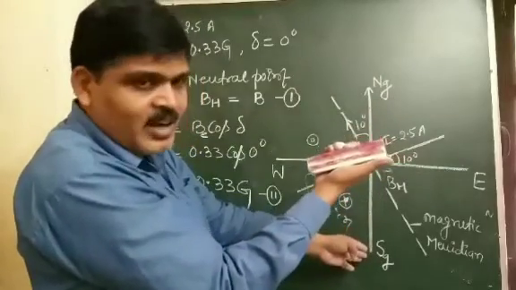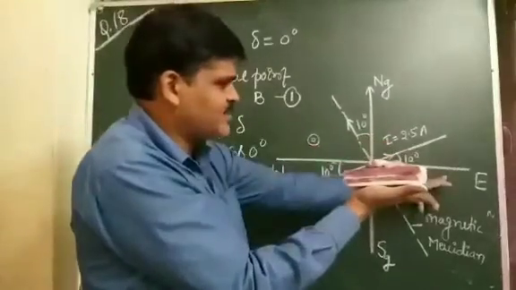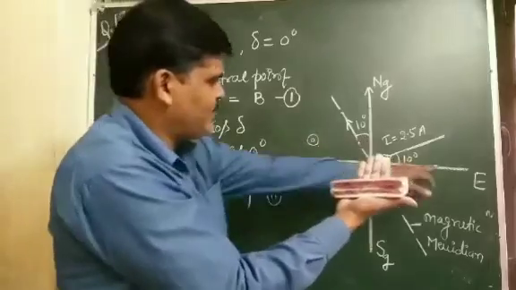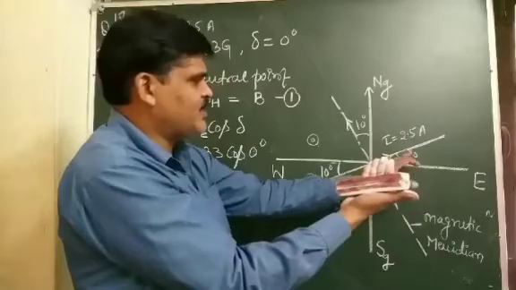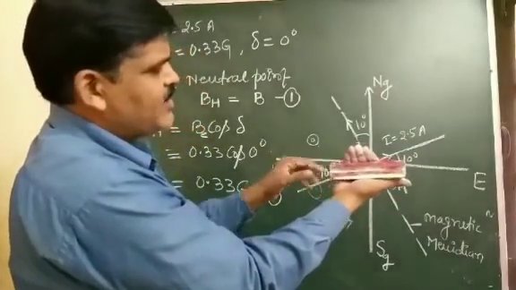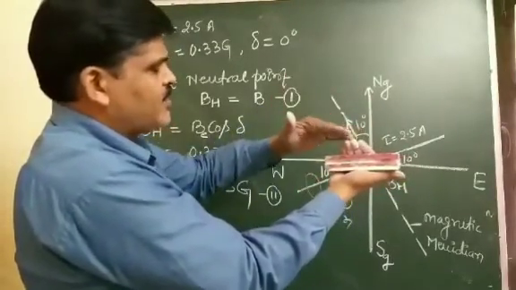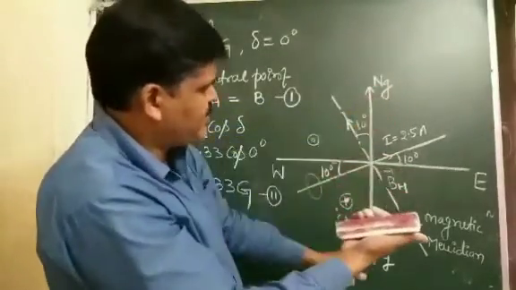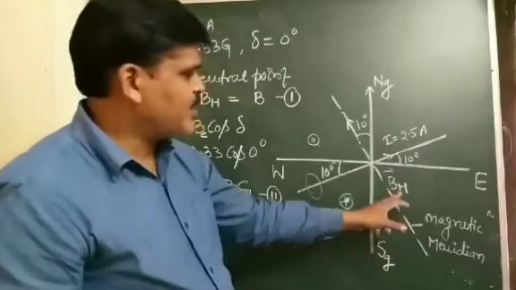Towards south. Imagine this is west and this is east, and if we draw west and east by 10 degree, this current is making an angle with east. So in this case, the direction of the magnetic field lines for this cable, which is in the upward direction, if you draw a tangent on it, gives the direction from north to south.